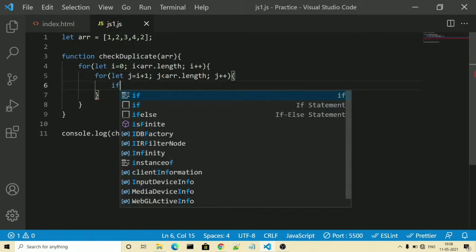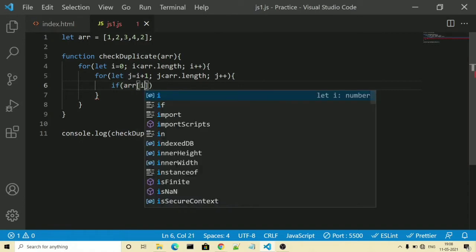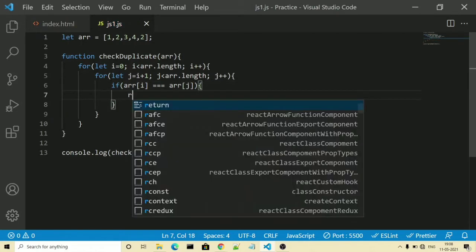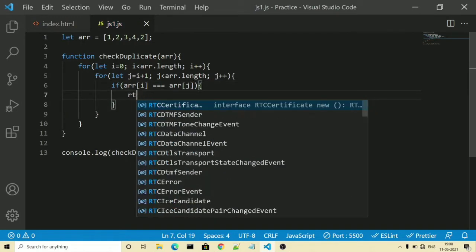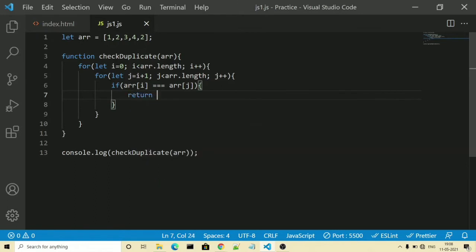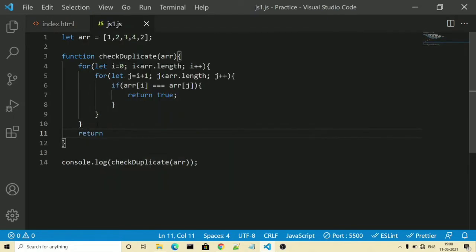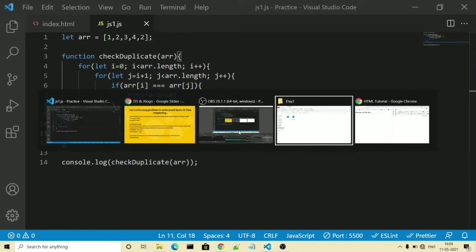Now we will check if arr of i is equal to arr of j, then we will return true. If there is no duplicate, we will not go inside this if and we will loop through all the array elements. At that time we will return false at the end. Return false. Let's see in our browser.